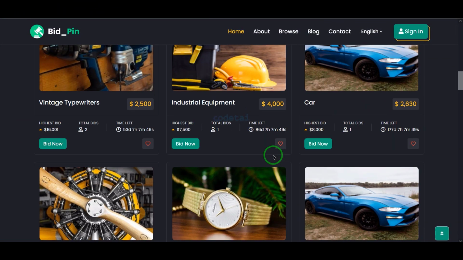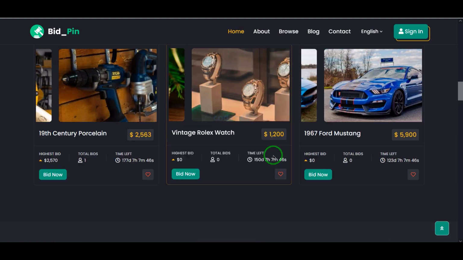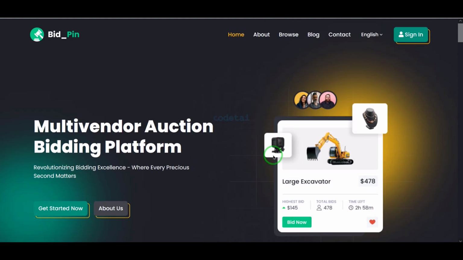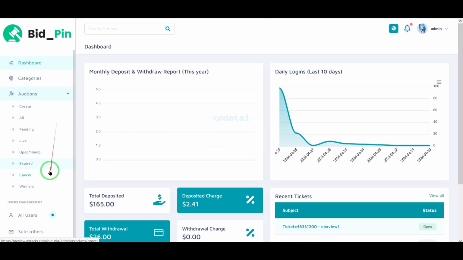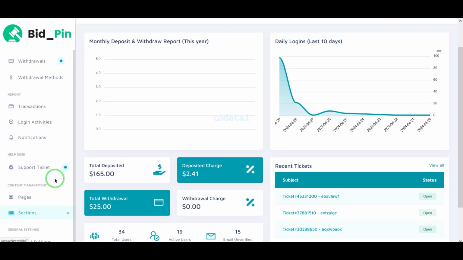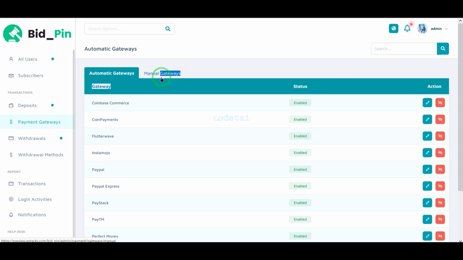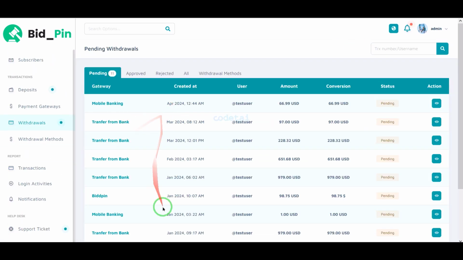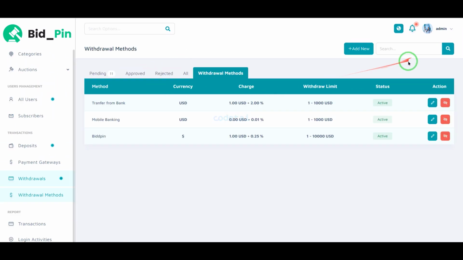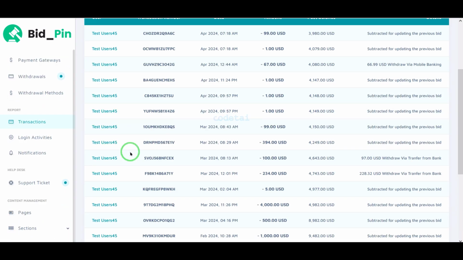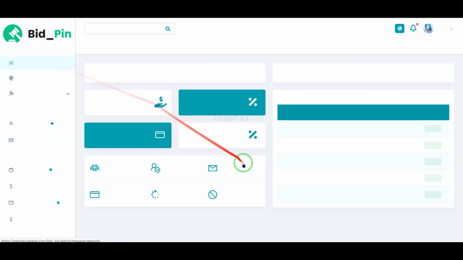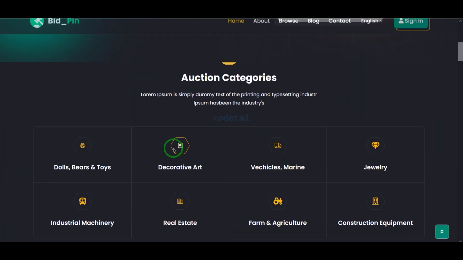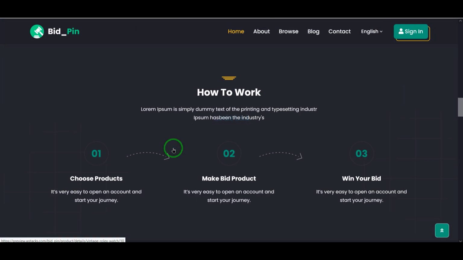Dear viewer, now I will introduce you to the important features of the website. We are getting a high-quality admin panel to manage the auction-based website. Because we are getting all kinds of features and functionalities in the admin panel to manage the website, we will manage the website step by step using these features and functionalities. Also, we are getting a professional, nice design on the homepage.